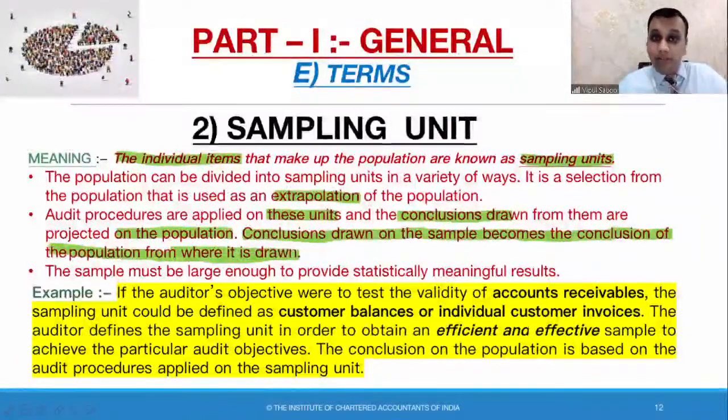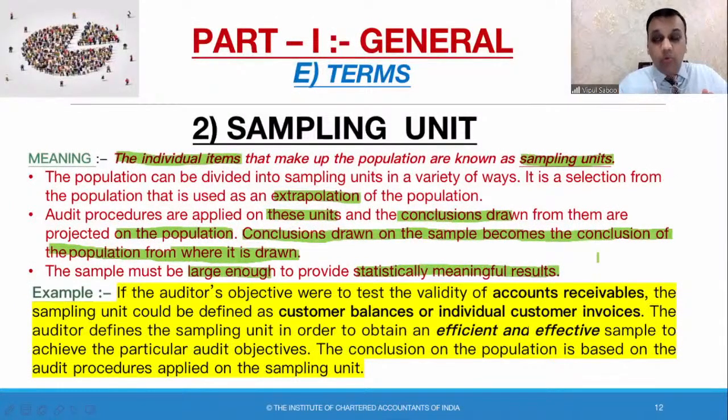The example of blood test. The test results give us the conclusion about the blood flowing through the veins of our body. What is it deficient in? What are the infections and all? And the sample must be large enough to provide statistically meaningful results. I told you, for checking the blood sugar level or the blood group, they just prick your finger, 4 drops of blood enough for their subject matter.